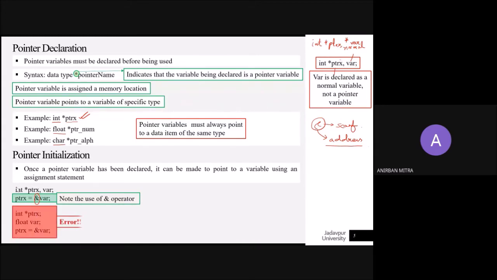Now this is wrong. Why is it wrong? Because we have declared an integer type pointer, but we are pointing to a floating point variable. This is going to give you an erroneous output. So you have to be very careful about the type of the pointer. And also,